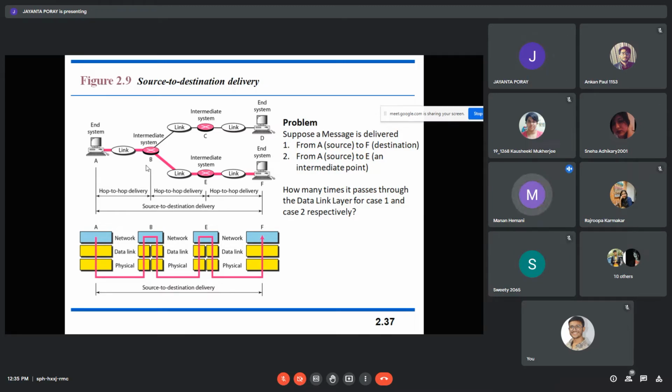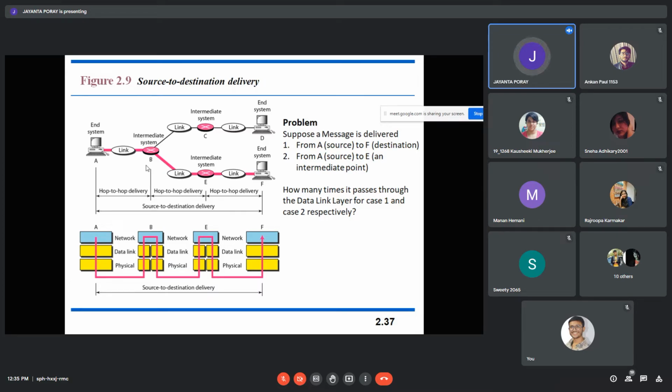No, for case one it's 2. Yes, and case two it's 6. Sir, but aren't B and E both routers? So that is a very